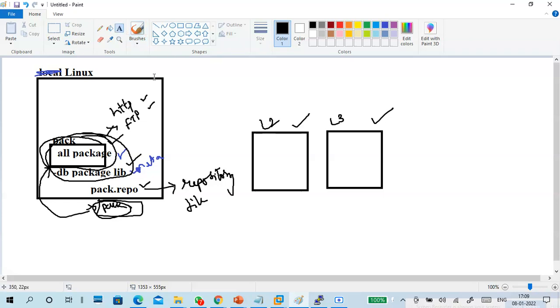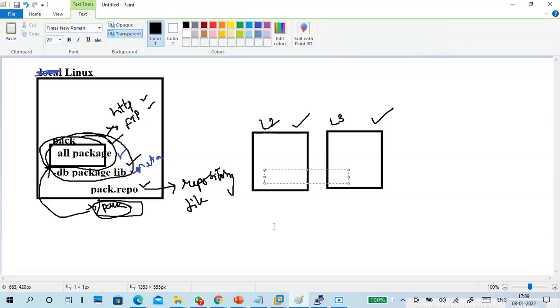In this PC, I'm creating a pack.repo file. In this one, I'm telling that, for example, through HTTP from LX1, packages are available.